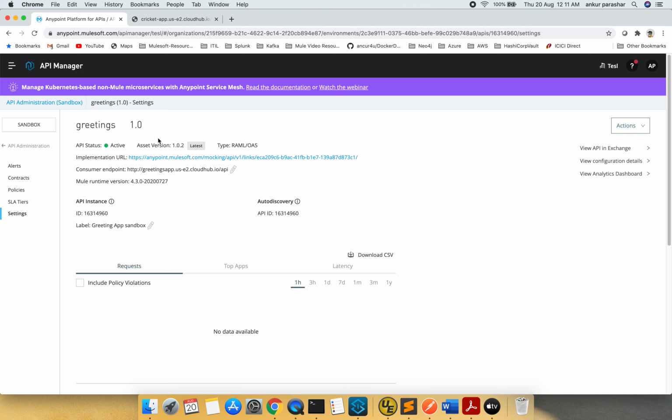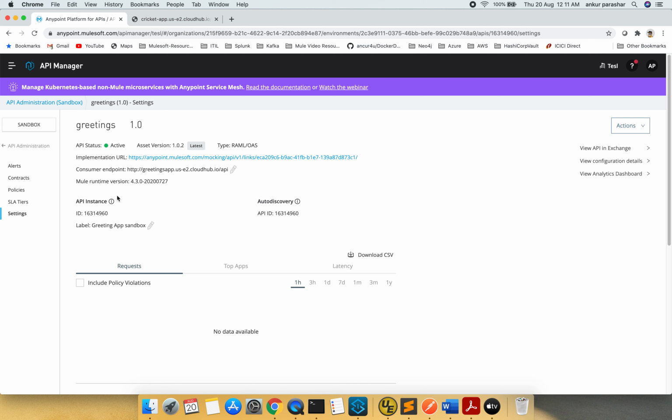So this is one of the APIs which has already been configured in API Manager. In order to set up the IP blacklist, we first have to understand that blacklisting means once an IP address is mentioned in that policy, that IP address will be blocked and it will not be able to access this particular API. Okay, so having said that, I will just show how to configure it.